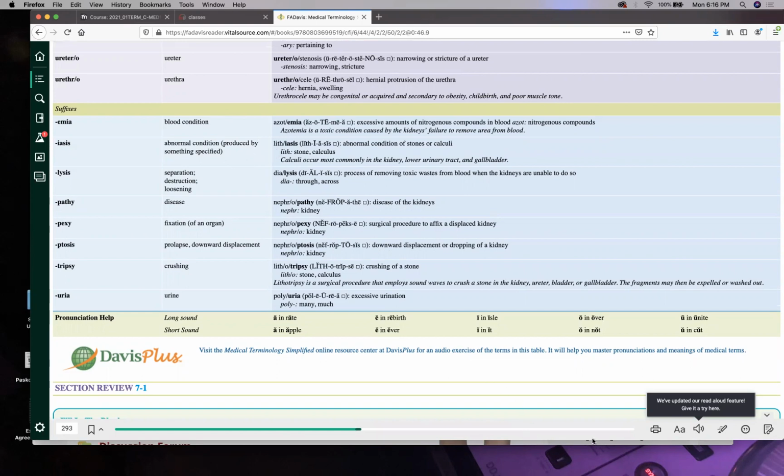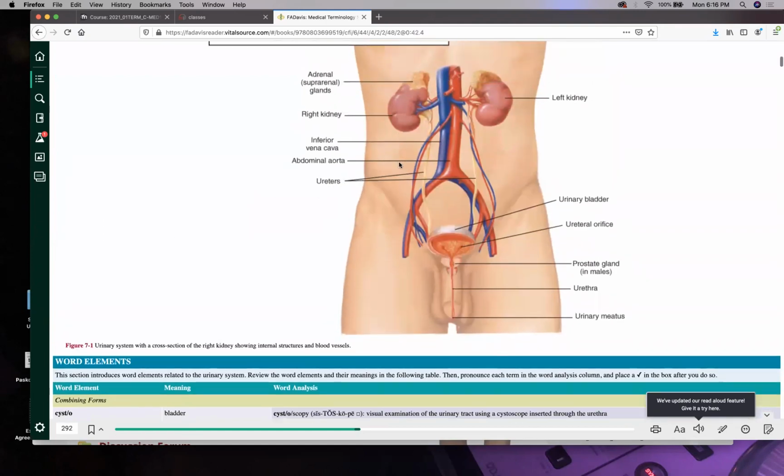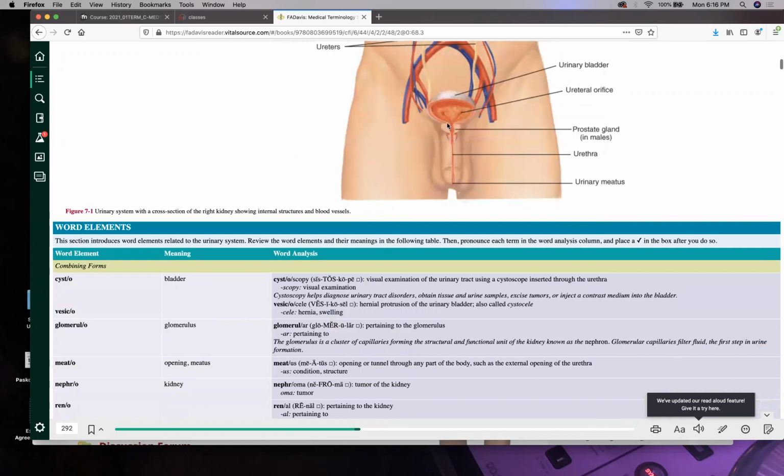Let's see, another potential question. Now, ureter and urethra. Good, thank you for asking that because it's so close. Whoever named these two things was just evil. Your ureters are the tubes that connect your kidney to your bladder. And you have two of them because you have two kidneys. But your urethra is connecting your urinary bladder to the outside world. So that's the thing you pee out of.